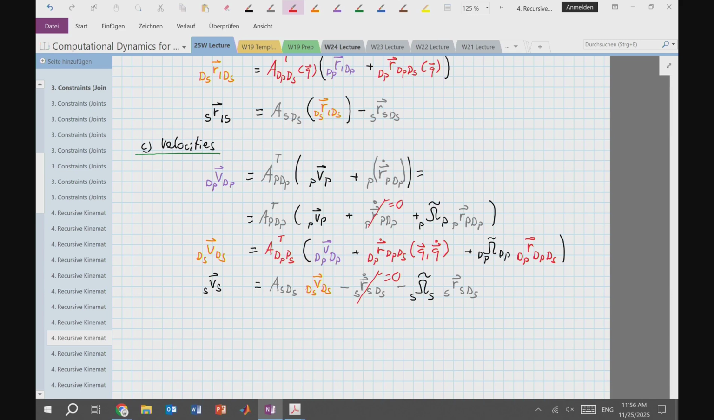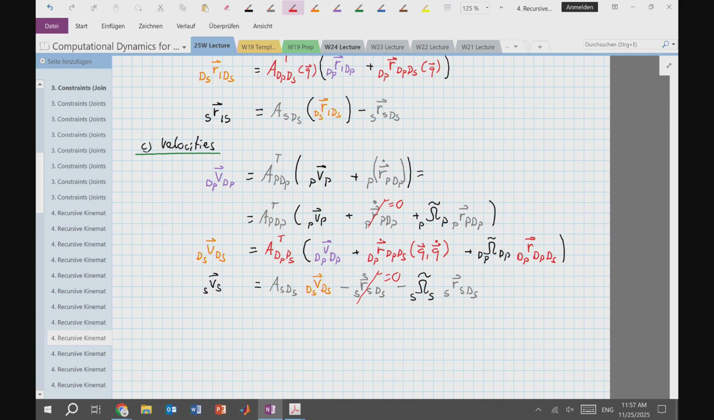Now, some of you may feel there's something missing because I always talked about how a translational joint creates velocity. But what about a rotational joint that also creates some rotation here? Right? That would basically create a rotation here. And now I have my vector